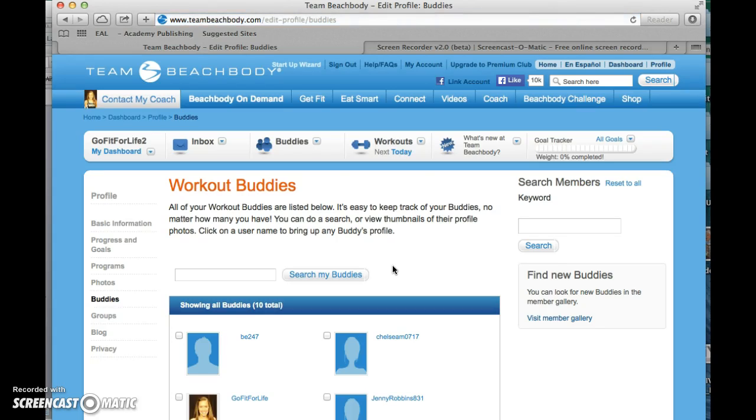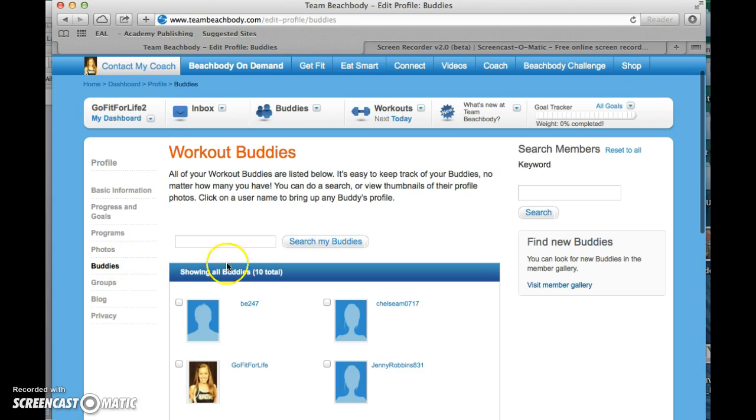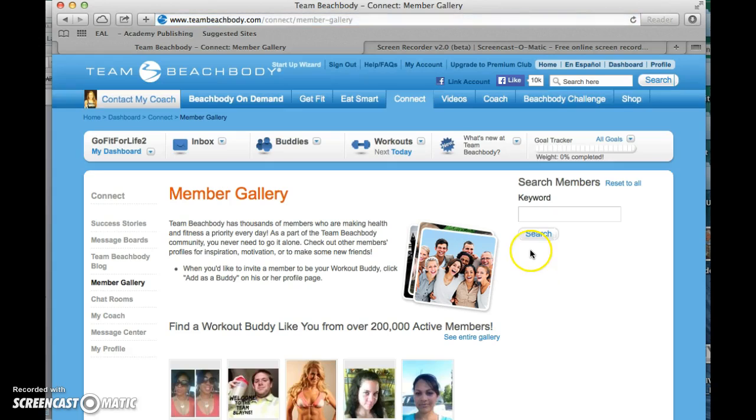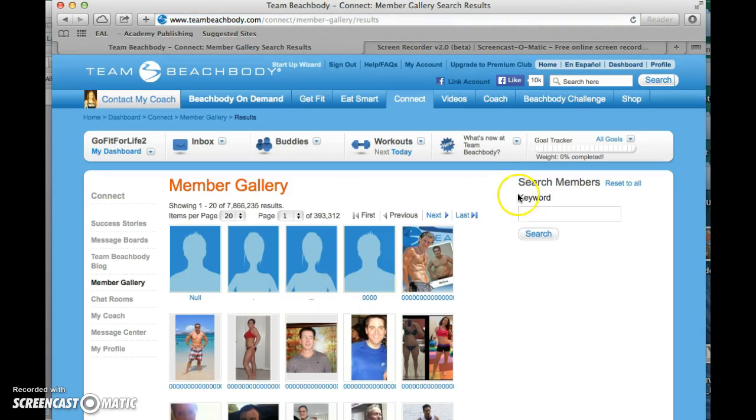Buddies. This is one of the things that a lot of people struggle with, getting enough buddies. You just need to have at least 10. And the way to find buddies is, so on the buddies page, you're going to hit visit member gallery. And this is where we will go to search for other buddies. And then I will want to see the entire gallery. So you need to get into the gallery. You can add people that you don't know, but if you want to search for people right here,